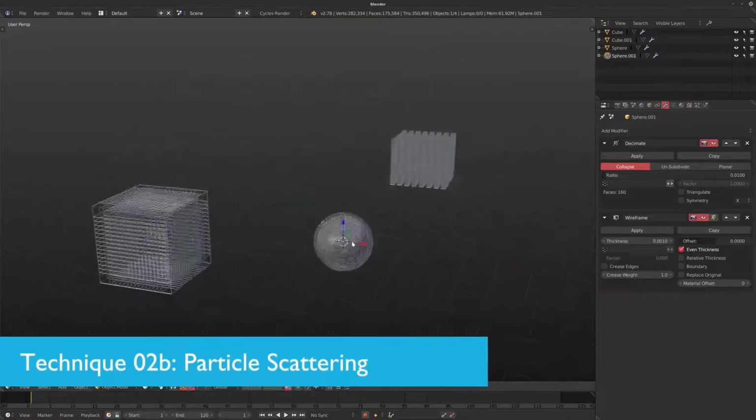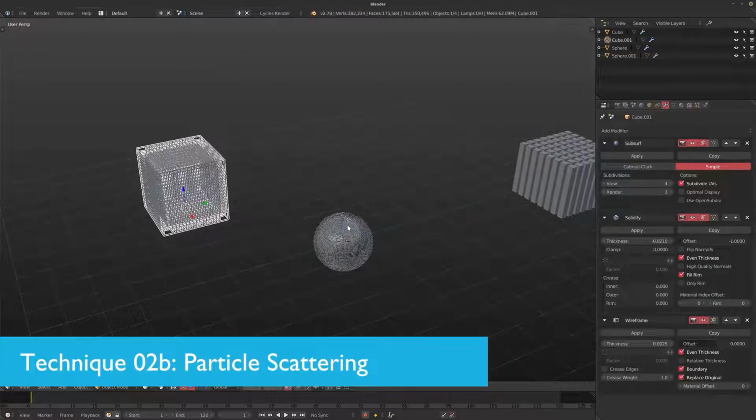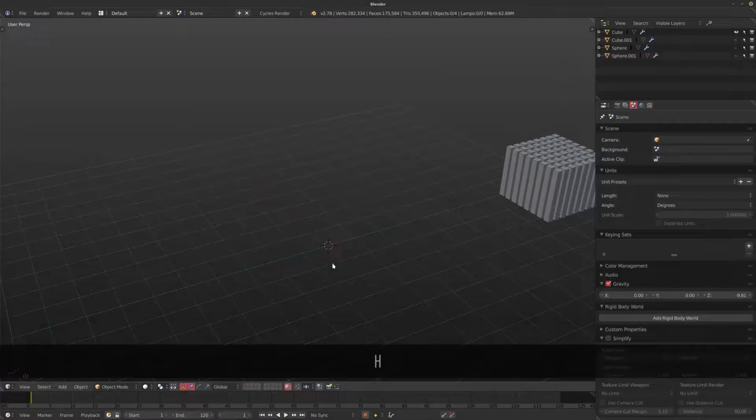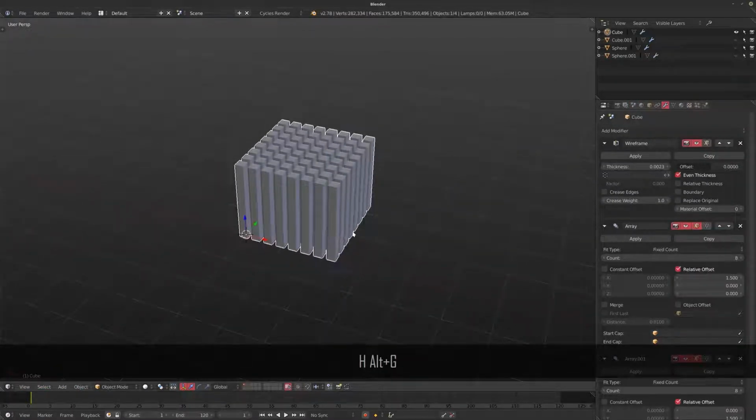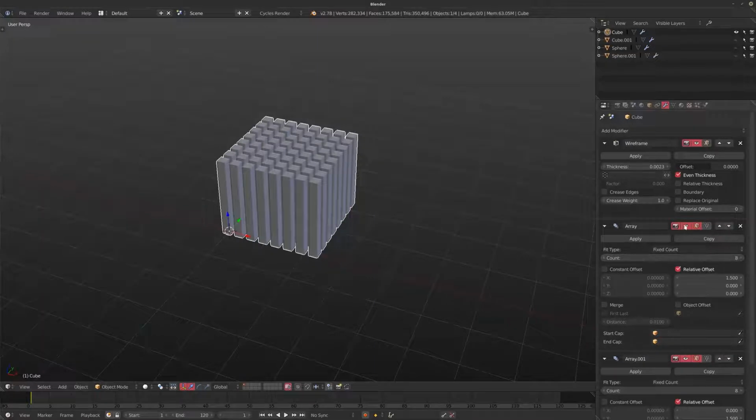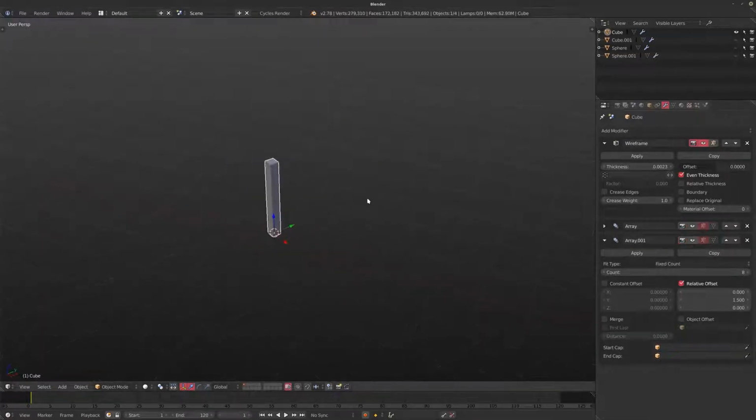So in the second part, I've still got that same file that I was using earlier. I'm just going to hide some of these very quickly. I'm going to reset this one very quickly so I can show you how to do stuff with particle systems. I'm going to turn off the array modifiers for this one, so we just have this singular, very simple looking